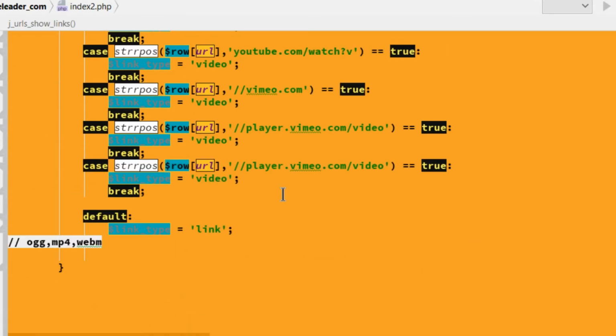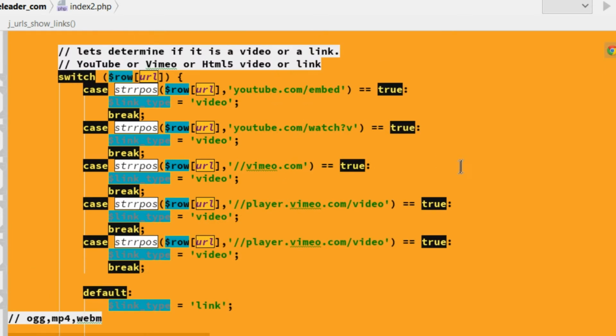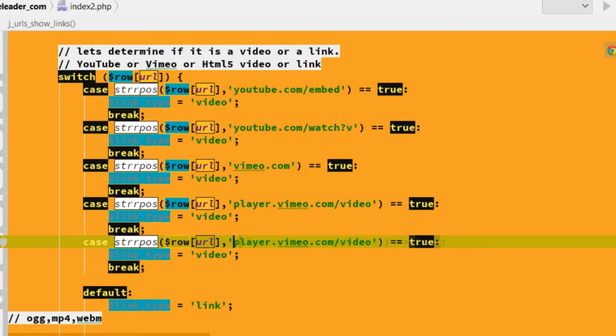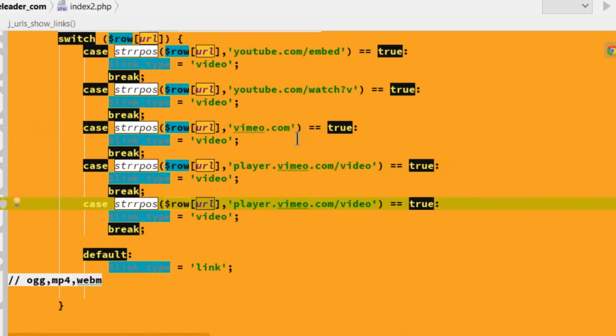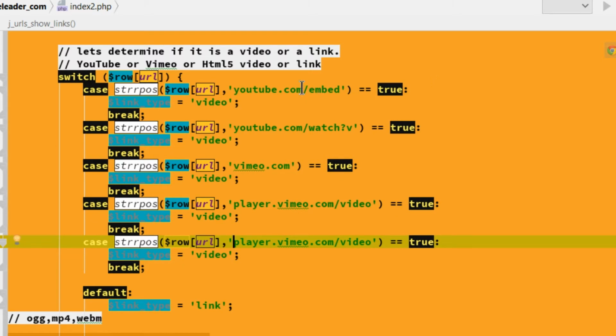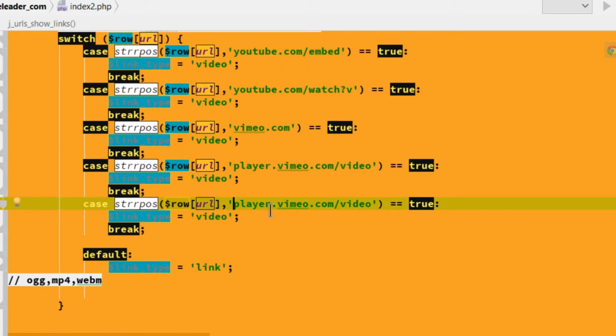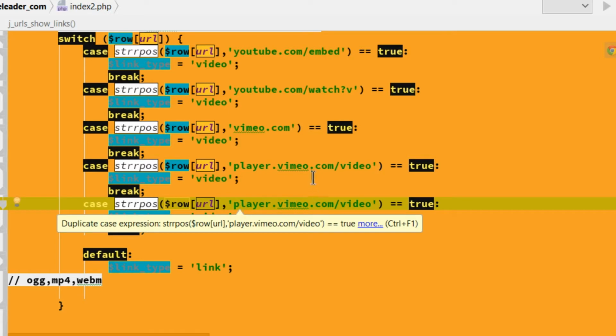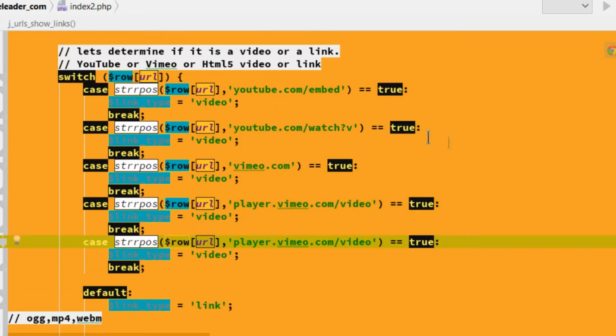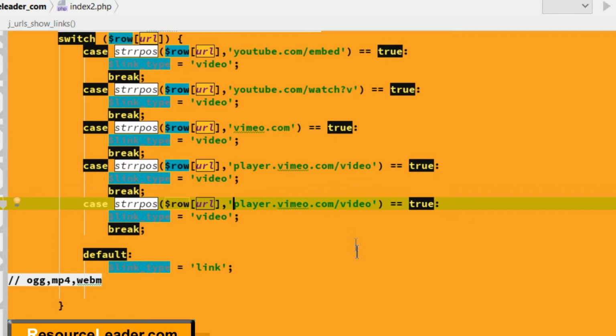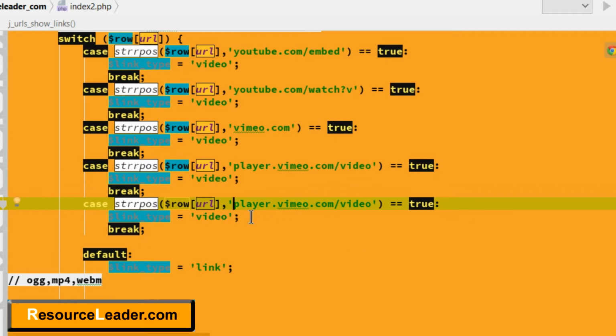I have to determine what it is. Here's where I was determining what it is. Now I don't know why those slashes are there. Probably because I copied and pasted it in. As these roll through here, it says if it's a Vimeo player or YouTube video type link, then the link type will be video. So what I'm trying to do now is